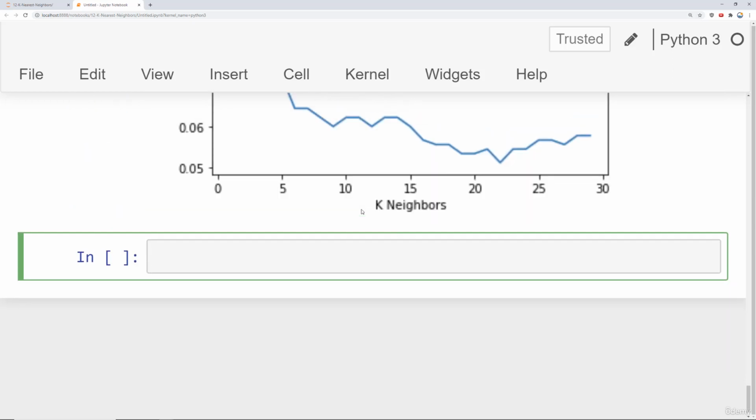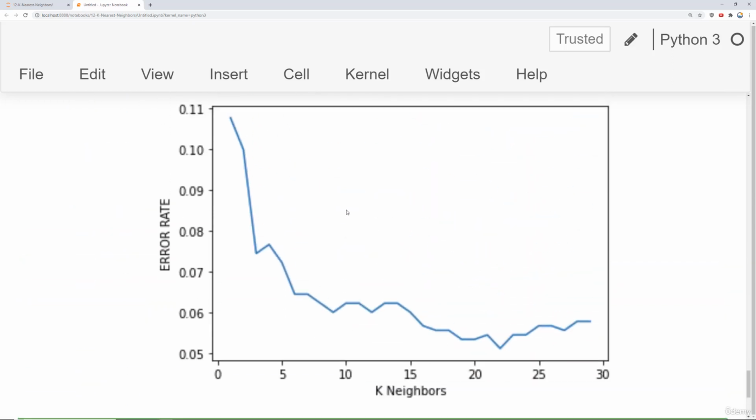So we can run that, and I can see essentially the behavior we just described, where for just a few values of k, we get a larger error. It starts to go down, and notice that eventually it starts to get noisy and level off. And I've noticed that students who are just beginning to understand k-nearest neighbors are really tempted to choose the exact perfect k value where you get the minimum. You'll notice for this particular train test split, we started to get a minimum around maybe 22 as our k